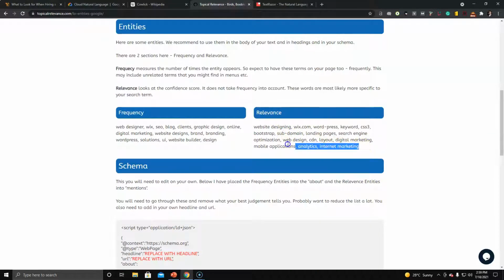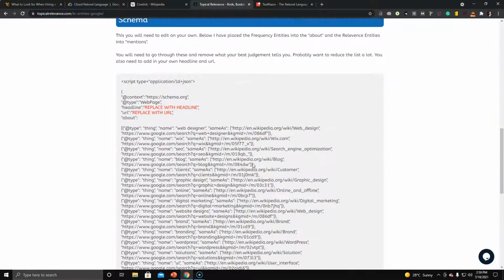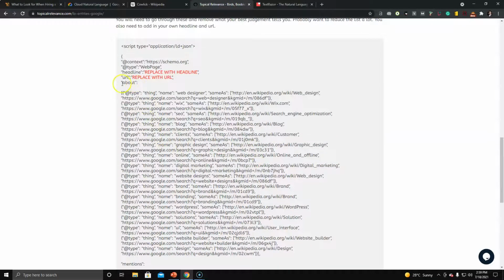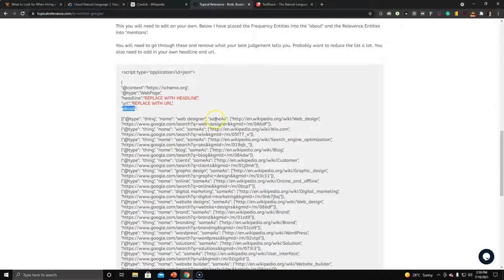So these other entities I could use in the copy, and if you scroll down a little bit further, you can see that it has given us a full output of about and mentions schema with all of our sameAs links and node referencing to the particular entities that are related to that keyword. So this is where I find